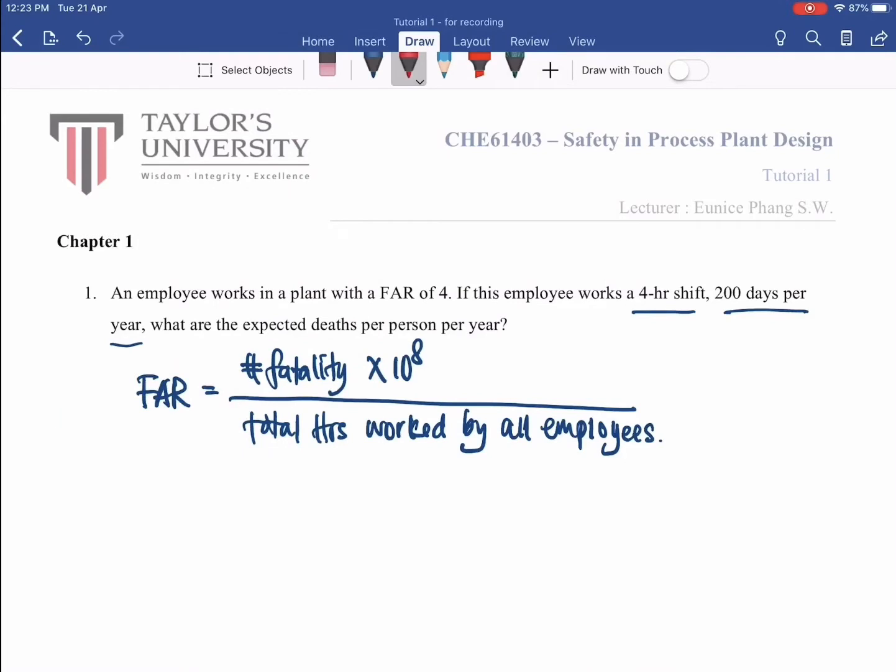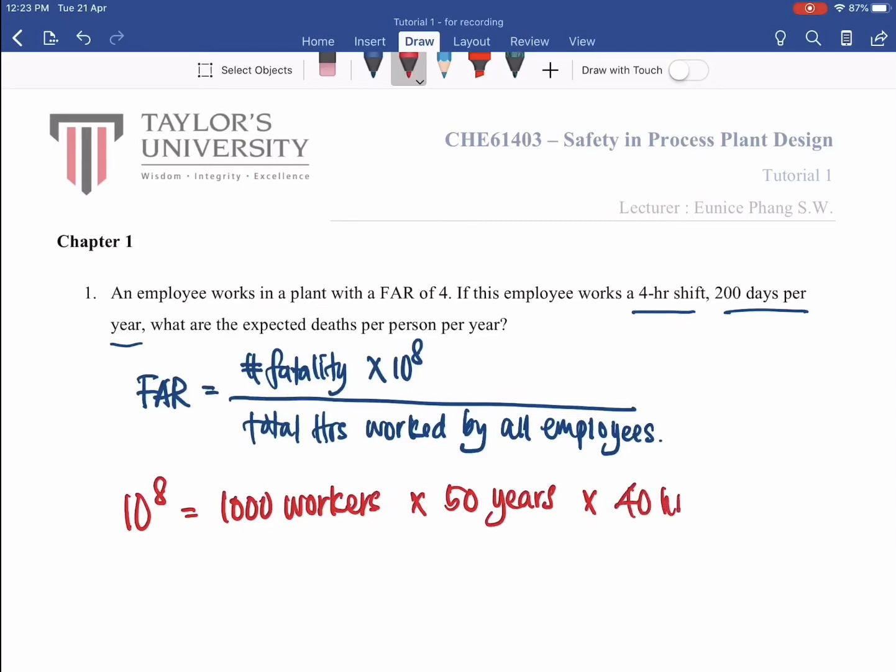In case you can't remember, the FAR calculation takes into consideration 1,000 workers in a similar workplace, assuming that they worked 50 years in their lifetime. And we also look at the normal work hours, which is 40 hours per week